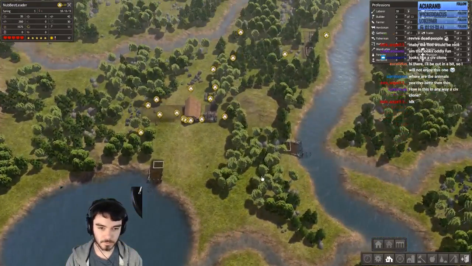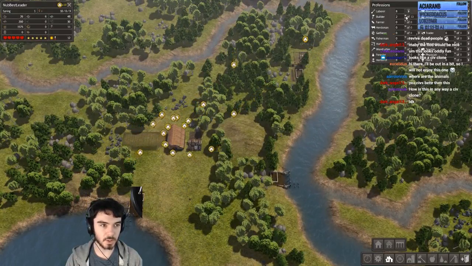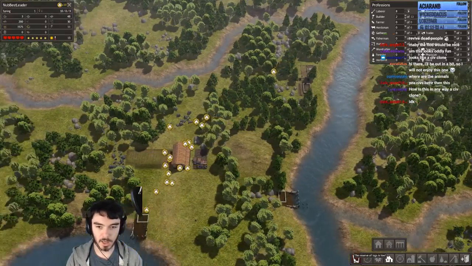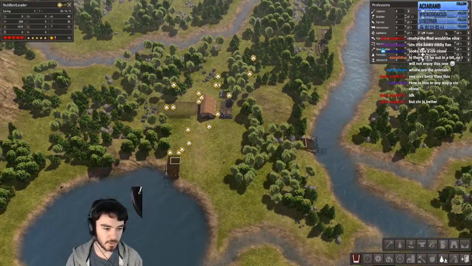Okay. Okay, I'm feeling good about this. I'm feeling good about this. We always want like at least 2 people building, I think. It's going to be good. We're running low on logs already. Okay, so we want to set some stuff to be collected. We want to grab...